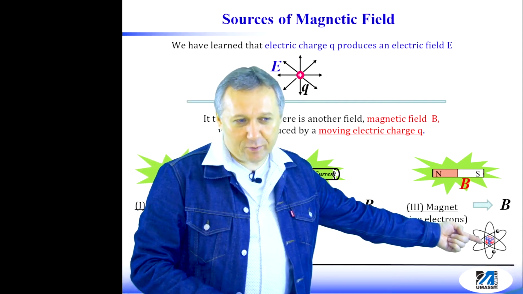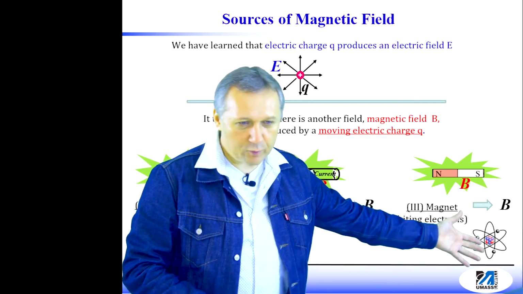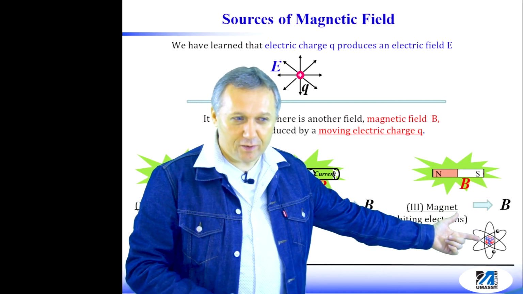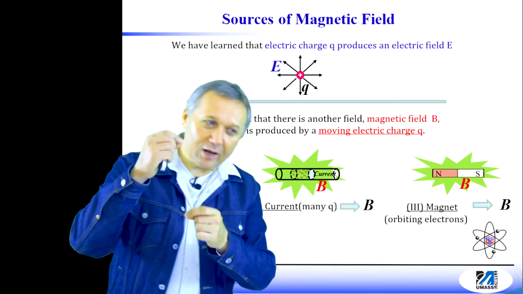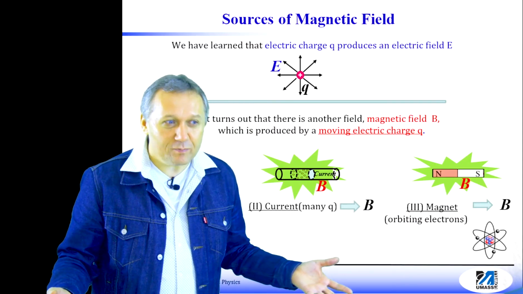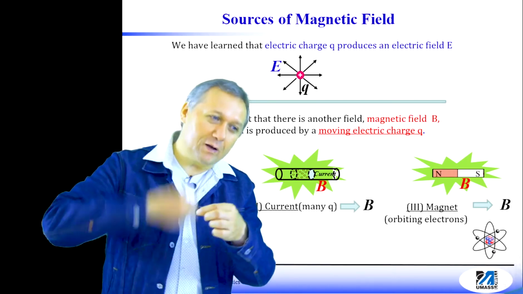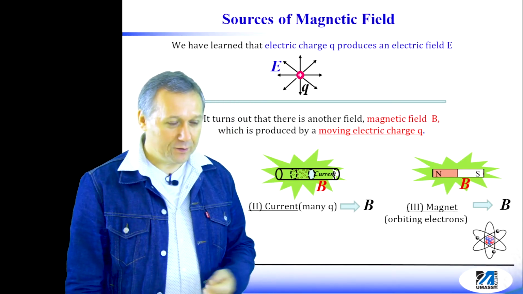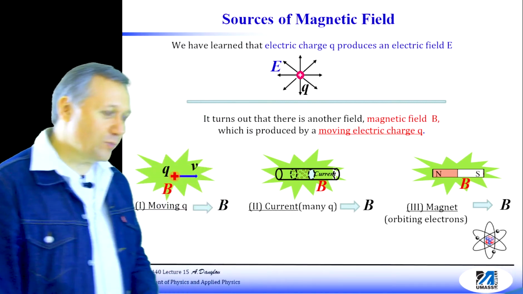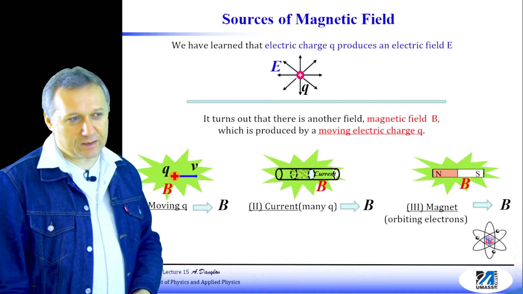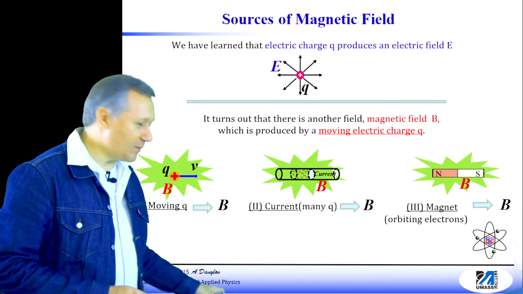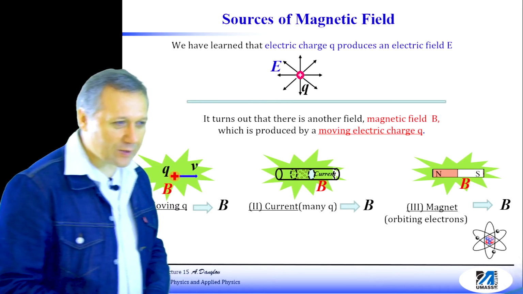At the center we have the nucleus, which doesn't move. But what about electrons? Electrons orbit around that nucleus. Orbiting, what does it mean? It means they're moving, circling around that nucleus. So they're also going to produce a magnetic field. But of course, there must be some additional requirements met,